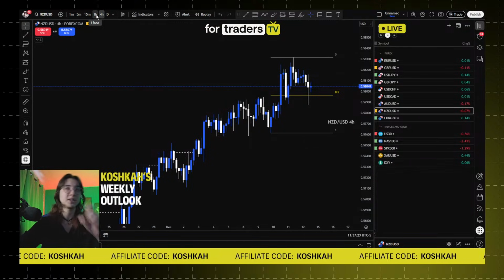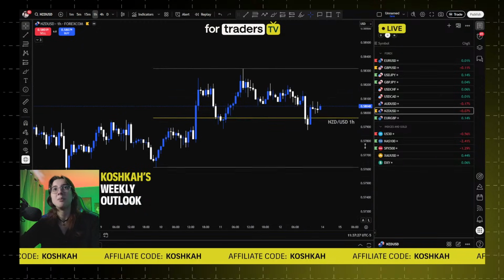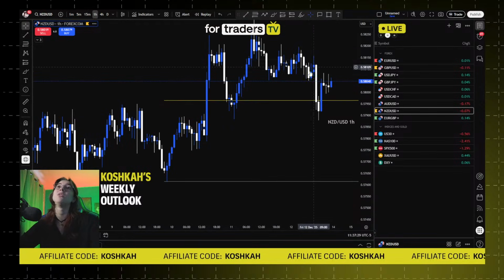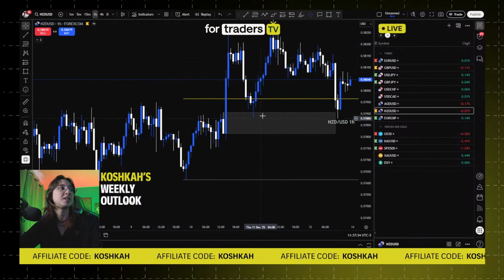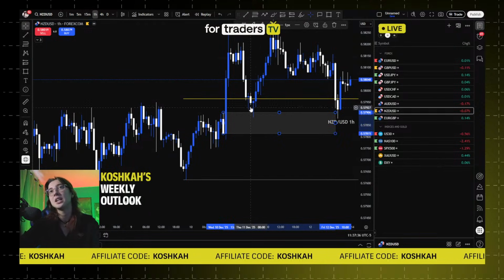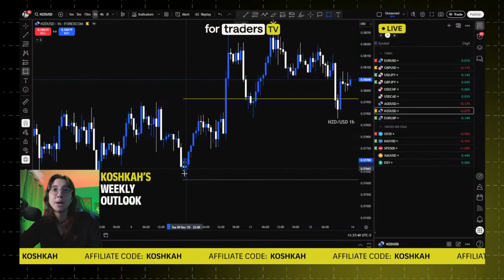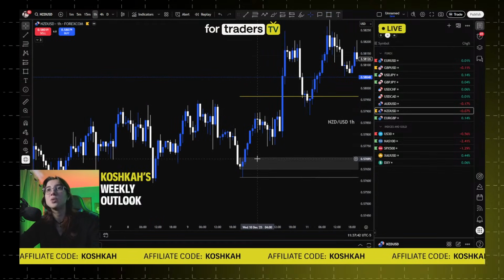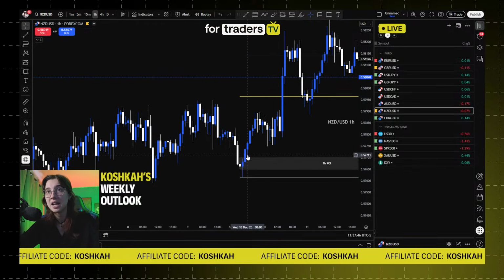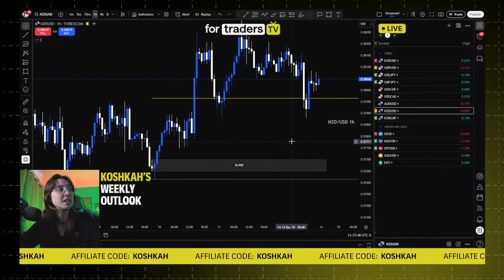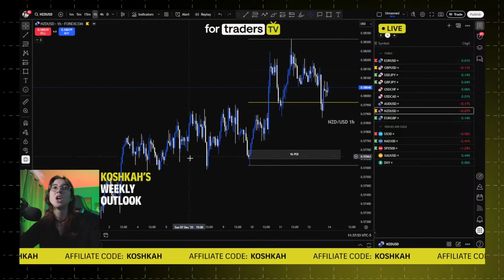But first, POIs. On the 4 hour, we don't have any valid POIs. But if you go on the 1 hour, we had this POI, but it's already mitigated. As you can see, the POI got already mitigated once, so you cannot reuse it twice. But in the bottom right here, we do have a 1 hour POI that in this case would be valid because it's connected to this little imbalance, and this POI would be according to the strategy.